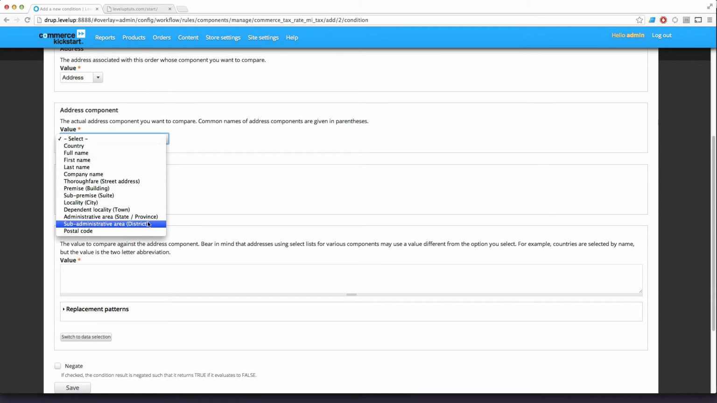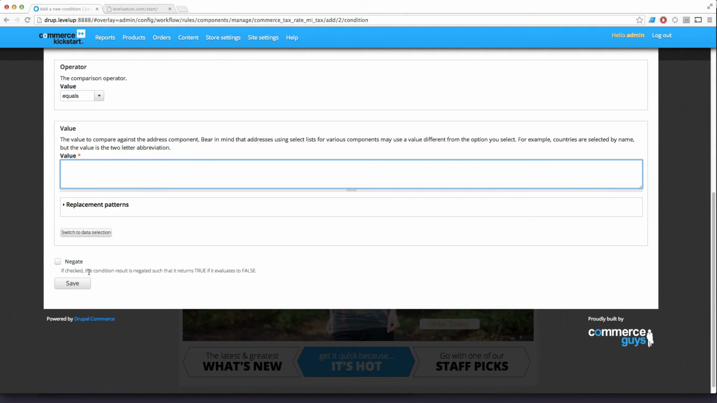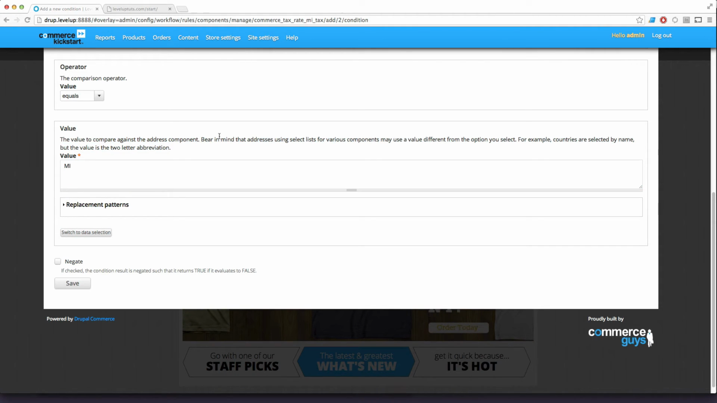So what do we want to have here determine who gets the sales tax? Well, we want the state to determine the sales tax, so only people in Michigan are getting the sales tax. So administrative area, state, province is equal. Notice our options are equal, begins with, contains, is equal to, and then the value, which I happen to know is MI. Now this says, bear in mind that the address component you're using, the select list value